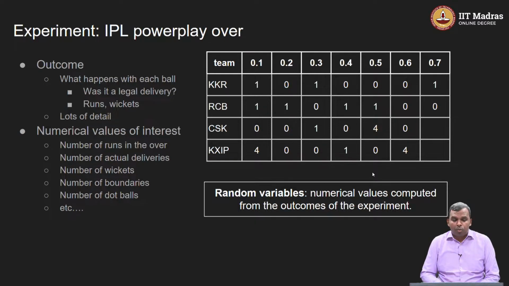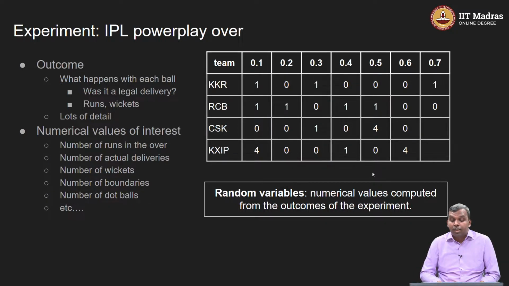Okay. So I'm going to motivate the idea of a random variable and why you need it. Let's go back to this experimental setting of the IPL Powerplay over, right? So we've been thinking of 1 over of an IPL Powerplay innings as our experiment. And the outcome itself, if you look at what happens in a Powerplay over, there's so many things that can happen. So here in this little table, I've shown you the first over of a few games and a few teams that played it, and you can see there are several deliveries. Sometimes there are 6 deliveries in the over, sometimes there are 7 deliveries. If there is a no ball or a wide or something, then you have 7 deliveries,